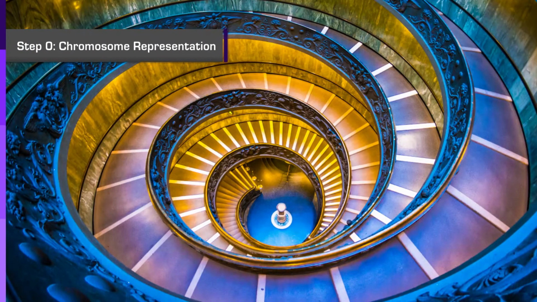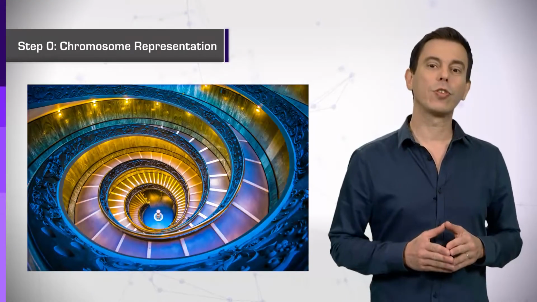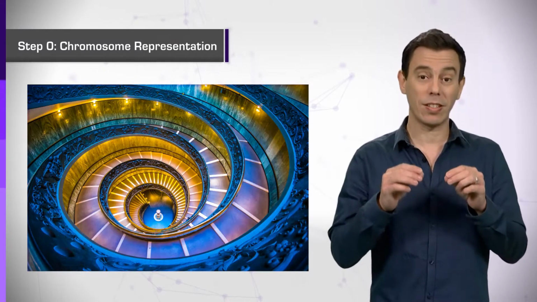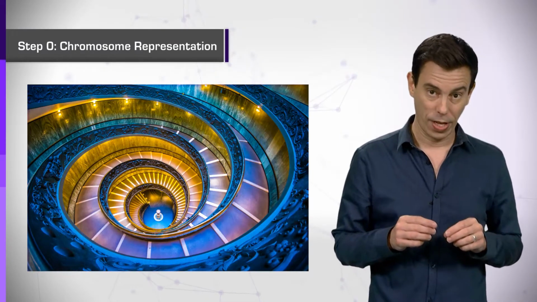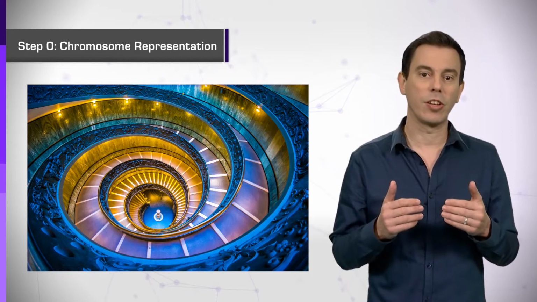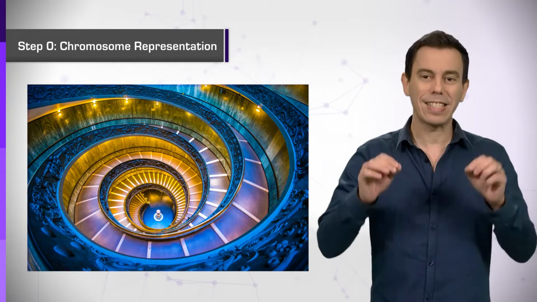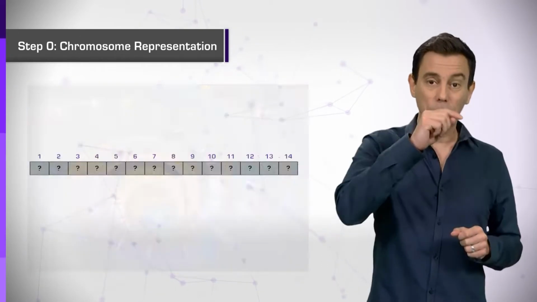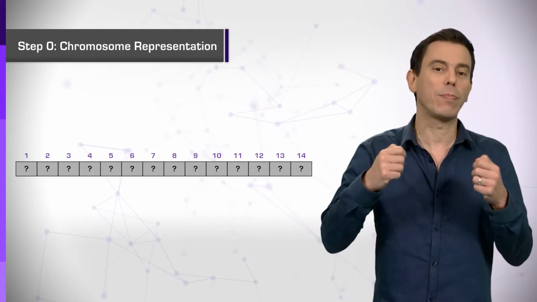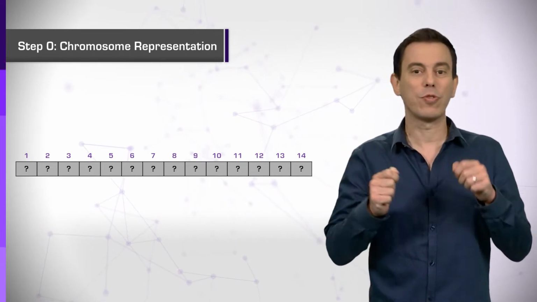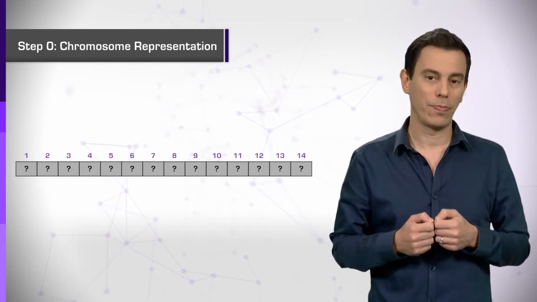For this example, we will go back to the EMR we saw before. Step 0. Chromosome representation. Represent a solution to the problem as a chromosome. First, we will construct a sequence that represents a solution to a clustering problem. There are different ways to make this representation. Here I chose one where we use a sequence exactly in the size of the number of patients. The place in the sequence represents who is the patient, while the letter represents to which cluster it belongs to.